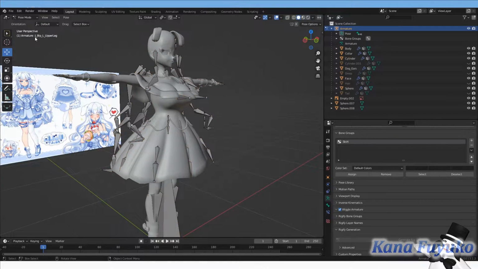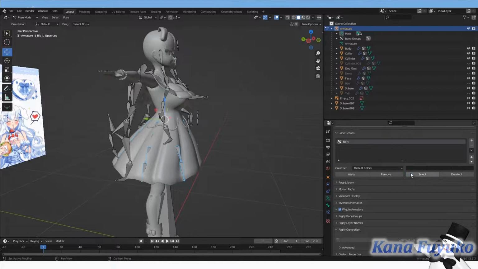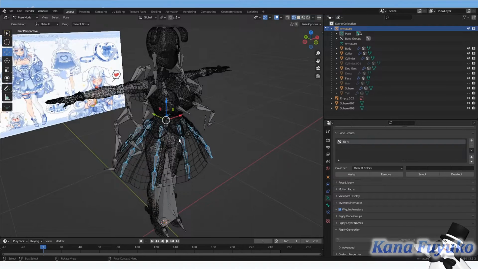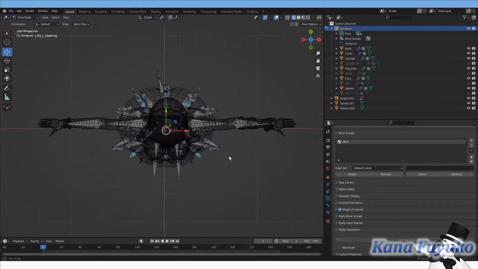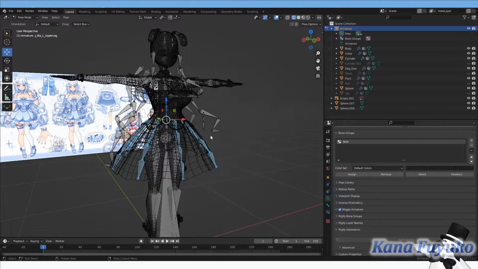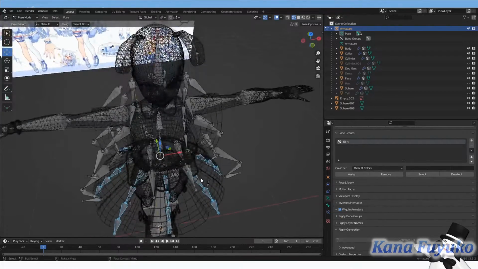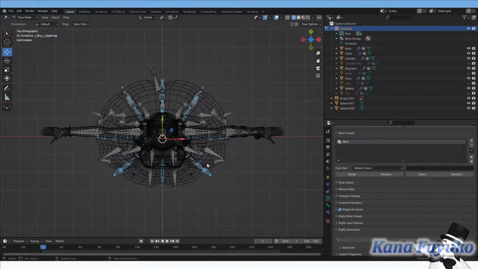So yeah, let's also make sure to go ahead and select with our bone group here. And yes, when I did the reconnection with the armature, it remembered the bone group. If it didn't, you'll have to re-register it, but it should be fine.